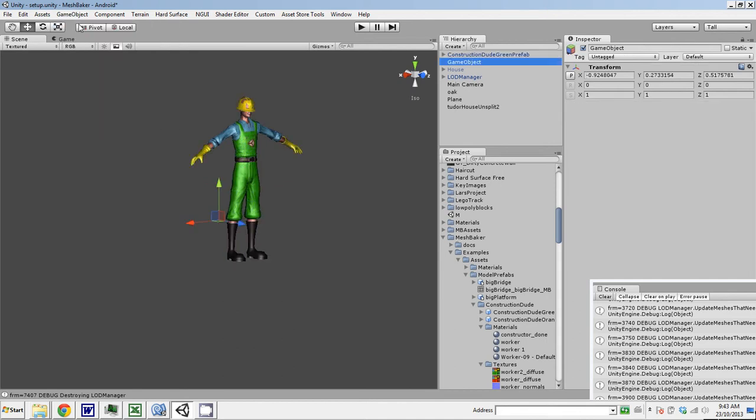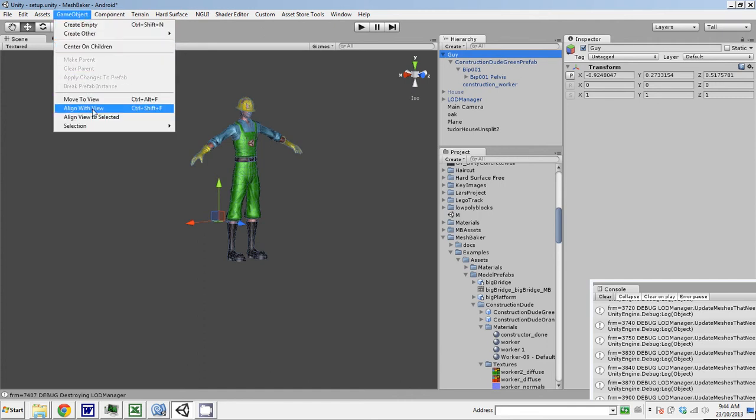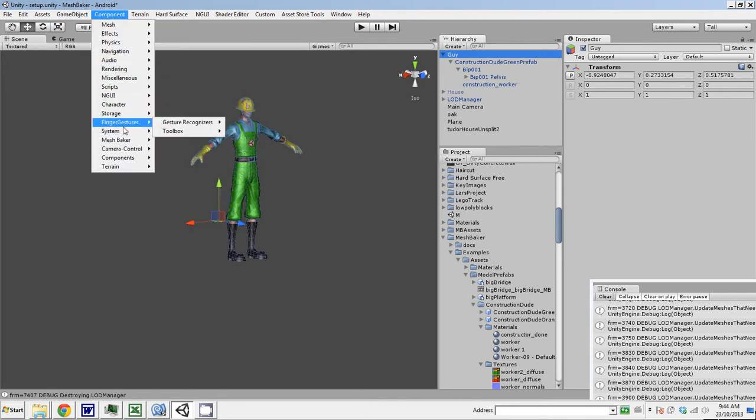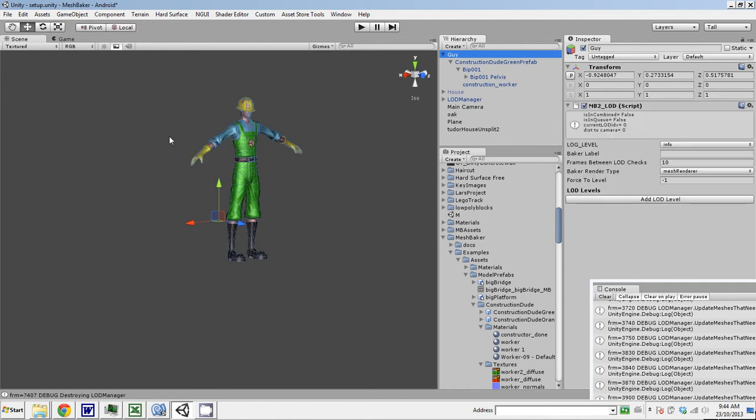So we create an empty game object. We'll call it guy. This is exactly the same as before. We'll drag this constructor dude into guy. Then we will add the LOD component. Okay, create another component, Mesh Baker LOD component. We add a level, and